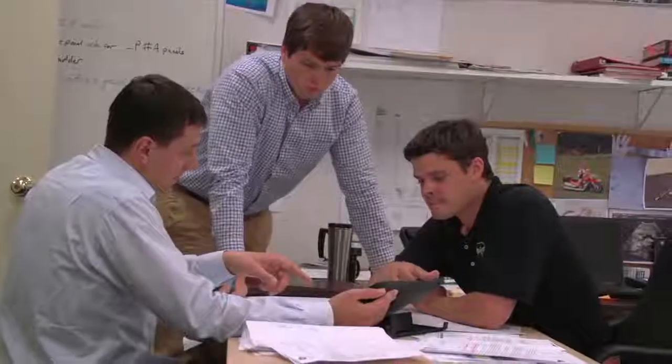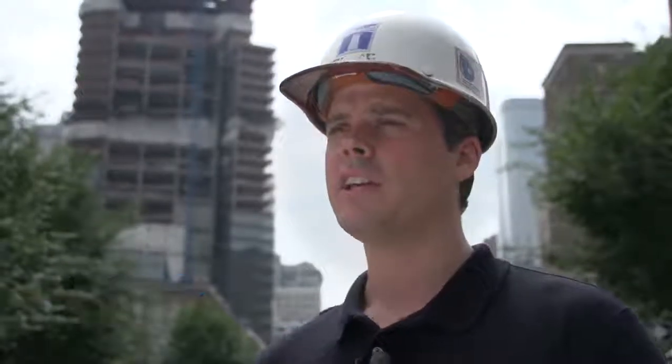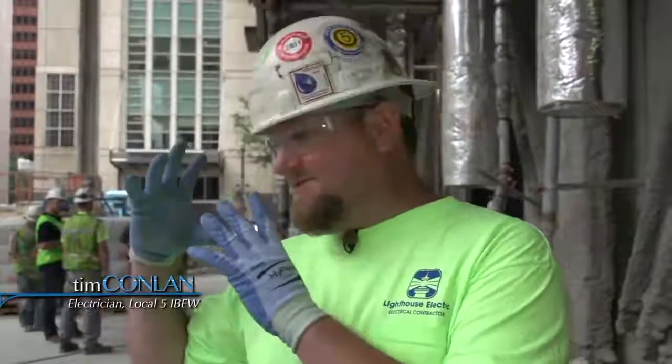On this job, we've been using a lot of tablets and iPads for drawings. In that case, they're also able to get information from the engineers and architects. When an owner sees a guy carrying a pile of prints and a guy carrying an iPad flipping through, that iPad has everything that pile of prints has and more, I think they're going to want the more